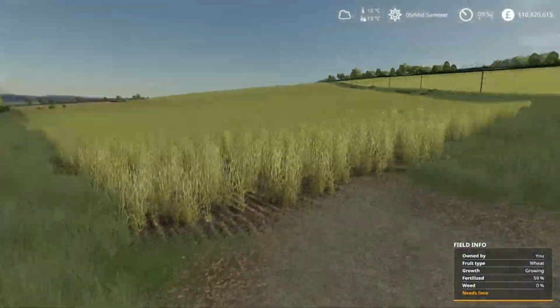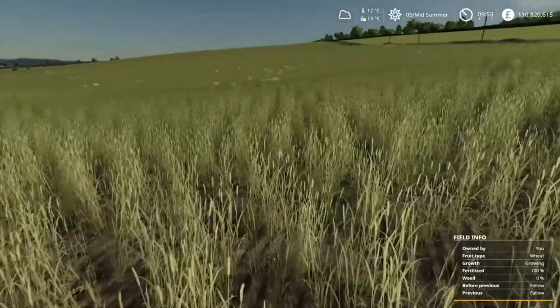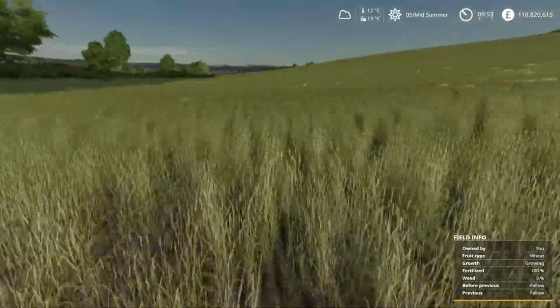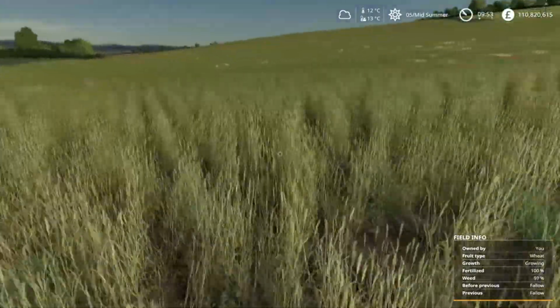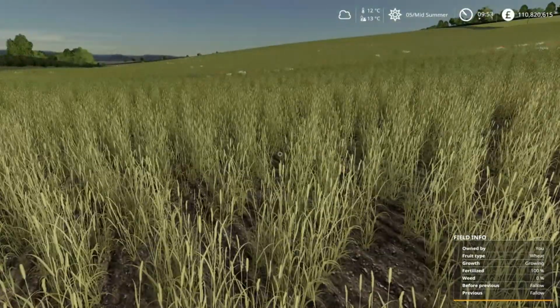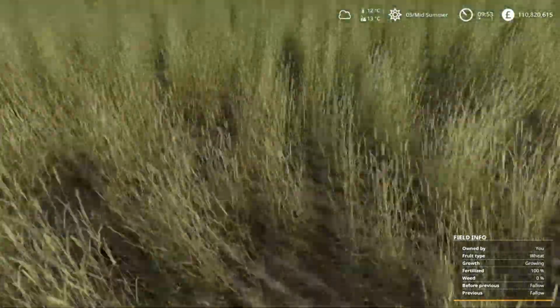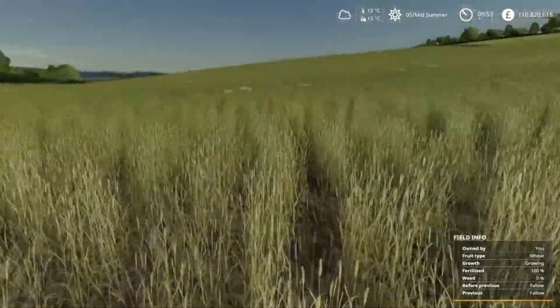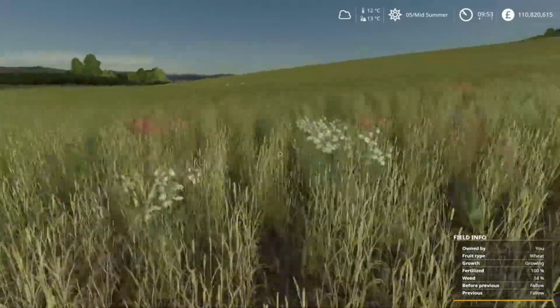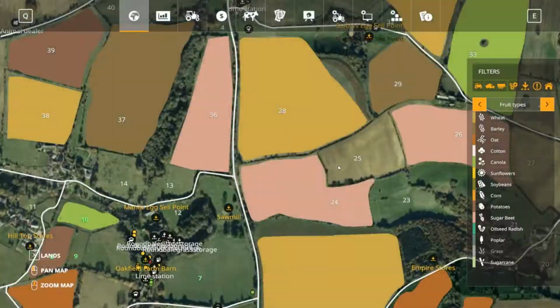Right, as you can see. For you people that aren't aware how Seasons works with weeds, from what I've done, I don't know if this is true or not, so someone can correct me if I'm wrong. Apparently your best bet is to do all the herbicide spraying before putting the seeds down, then in theory you'll never get any weeds at all. If I show you on the map,